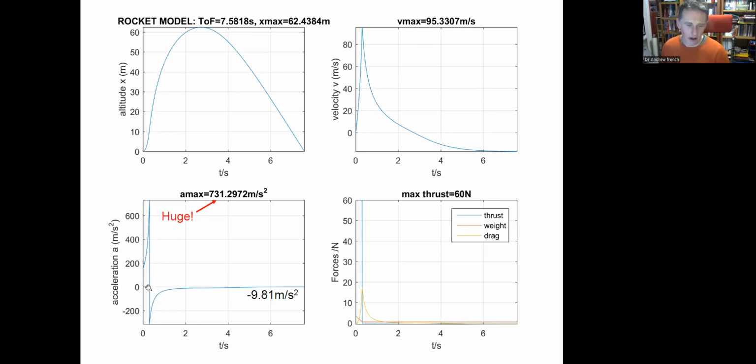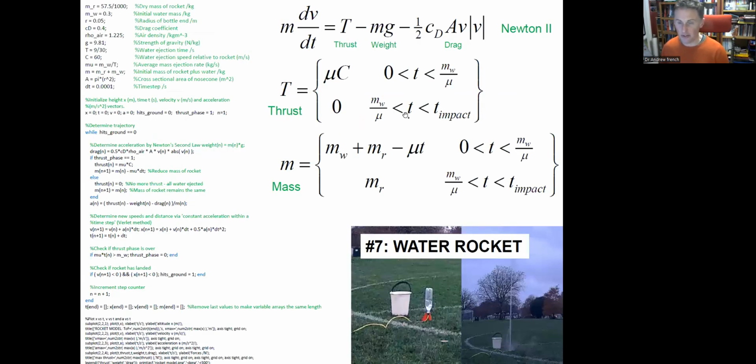So you might argue that this little glitch here of acceleration might be unfeasible, but given the modeling we've got, this allows you to understand the dynamics of my water rocket, which is quite cool, I think. So pretty much anything you can write down a differential equation for, i.e. Newton 2, stick it in a loop with a fixed time interval. I've used a very small number of seconds, 0.0001 seconds. We can figure out what happens next. So there we go. These are the tools for motion.